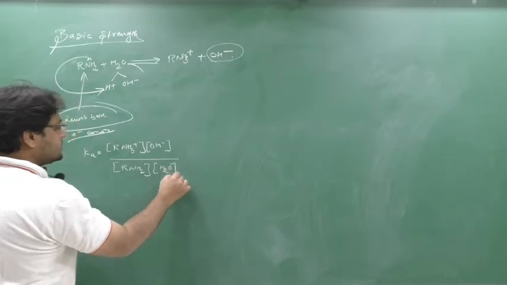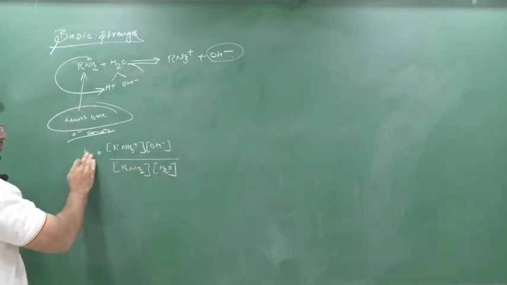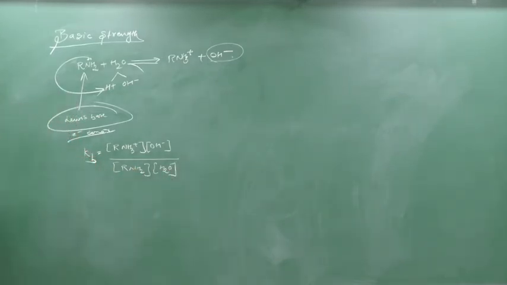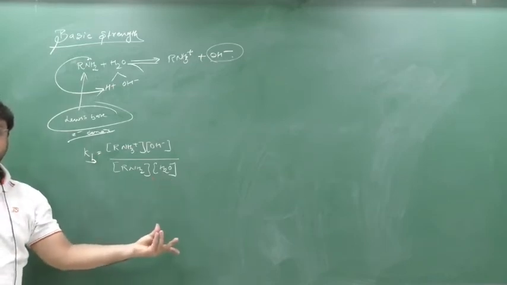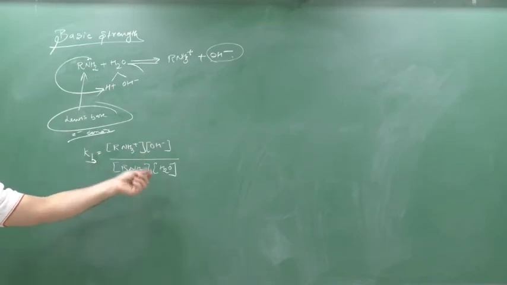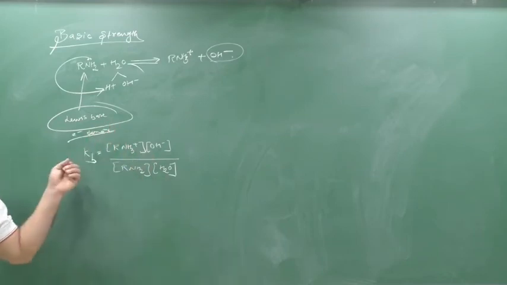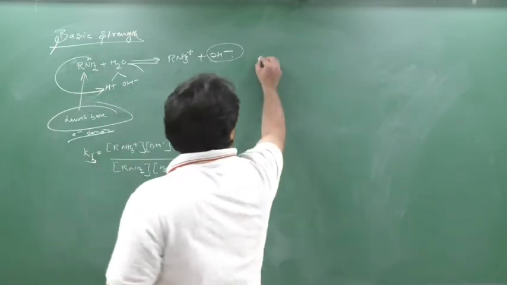And you know water concentration, if I multiply here, so it will form at what? Kb. Because why Kb? The Kb means it is for the basic characteristics, that's why I written here Kb. Ionization constant for base, because it is a Lewis base. If I write down here water or if I don't write down here water, not an issue. So this is known as what? Kb.